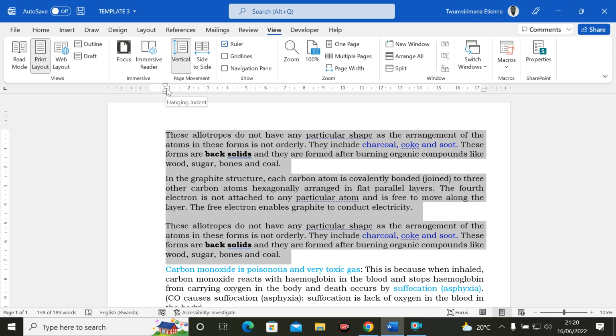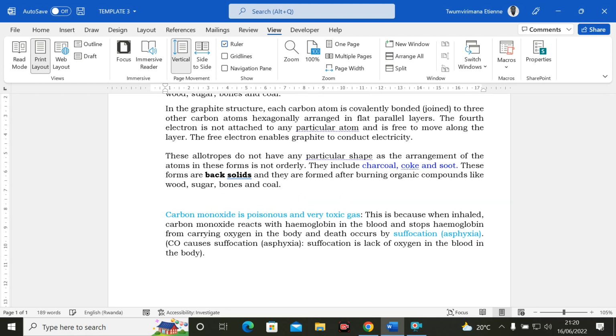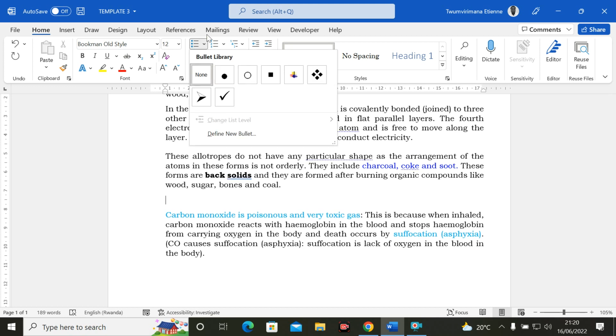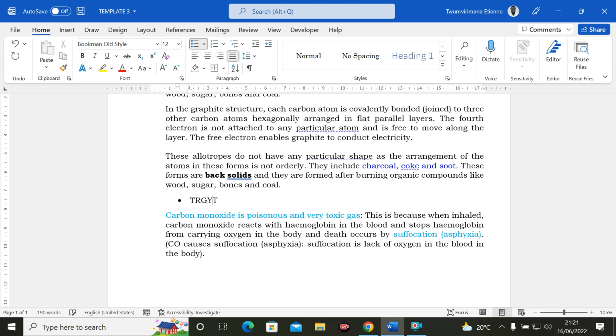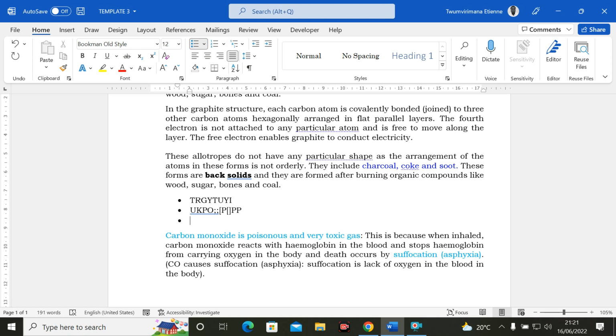This is how I can use hanging indent, and you have seen how we can also use the first line indent, and you have seen how we can set the ruler. And there is another thing that I want you to know. Once we are using bullets, you see, or another numbering, let's have an example of bullet. You see here, there's a bullet numbering. You have a bullet number 1. Let me just type something. I click enter. I type other things down here. I go there. I type,